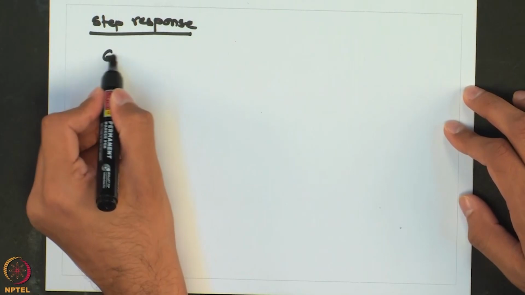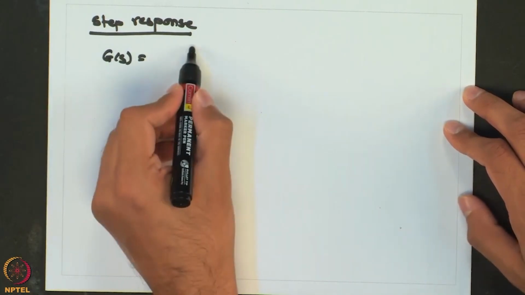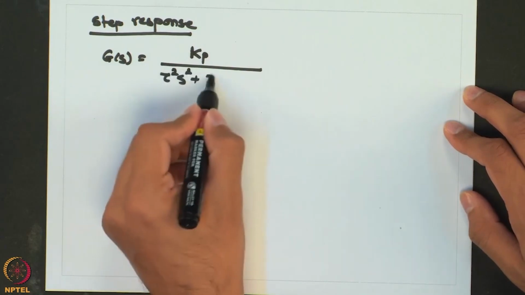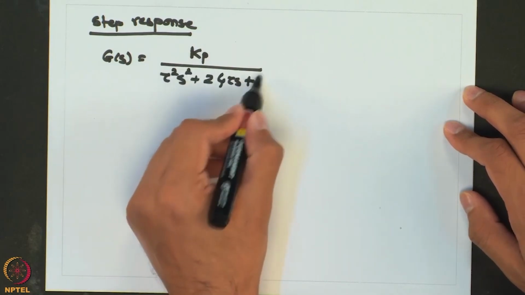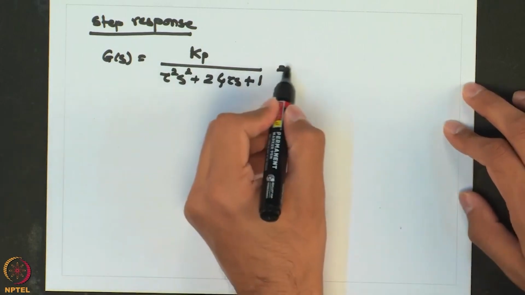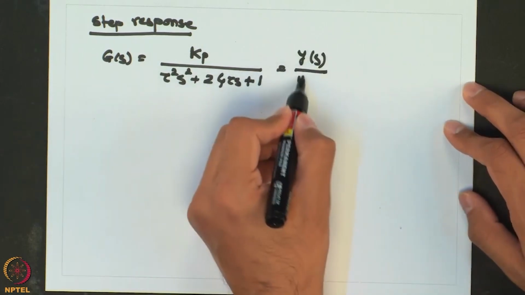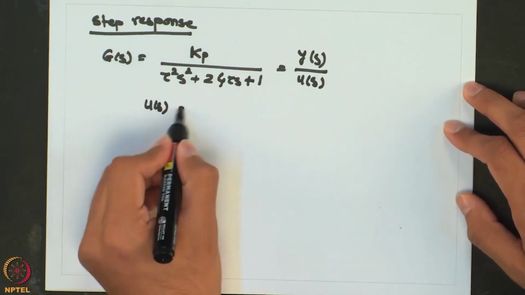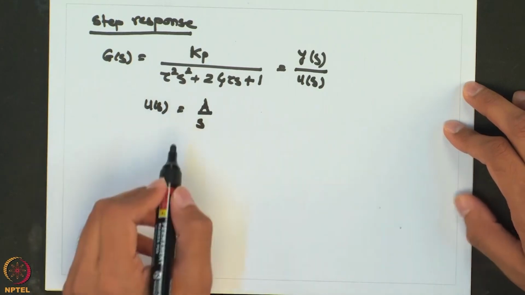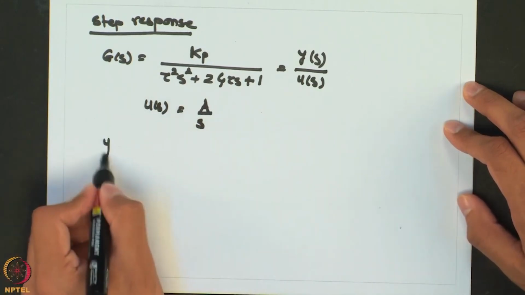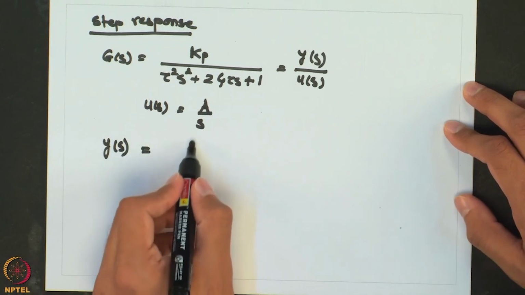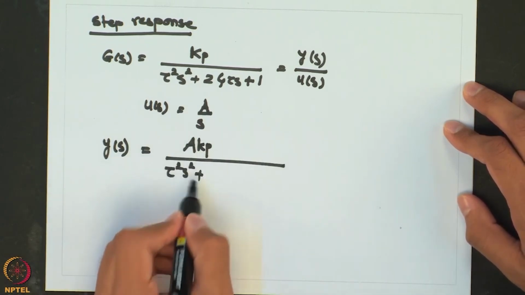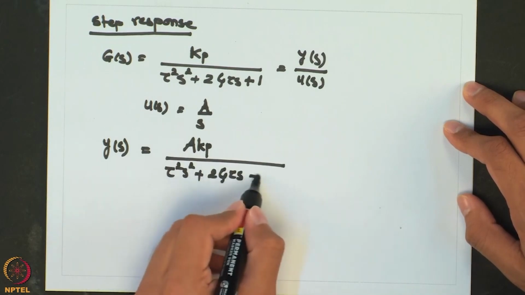So the transfer function for the second order system in a generic form is Kp over tau square s square plus twice zeta tau s plus 1, which is equal to Y(s) over U(s). And as we are talking about a step response, U(s) will be equal to A over s. So accordingly we will get the Laplace form of the output response as A Kp over tau square s square plus twice zeta tau s plus 1,